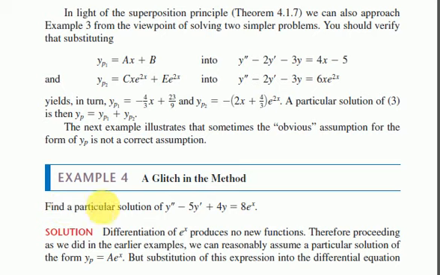We have to find the particular solution of this equation, which means we only need to find yp, we don't need to find yc here, because it is mentioned in the question that you need to find the particular solution. And the given differential equation is y double dash minus 5y dash plus 4y is equal to 8 e raised